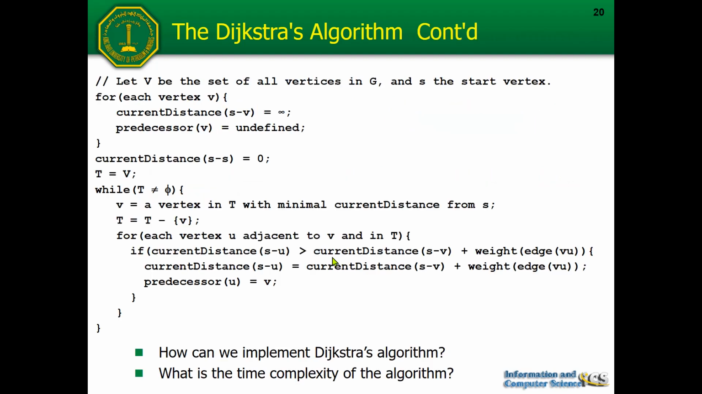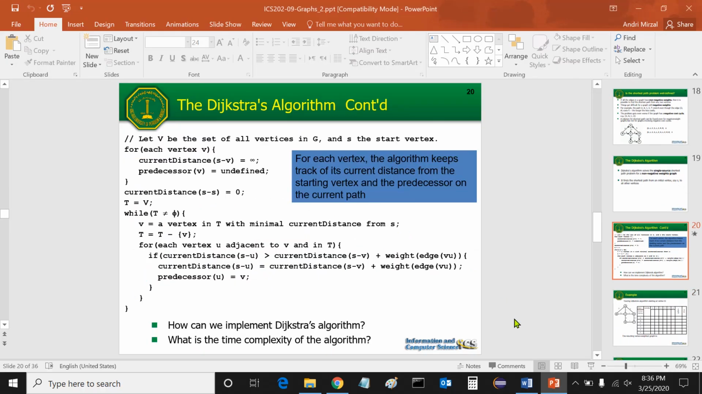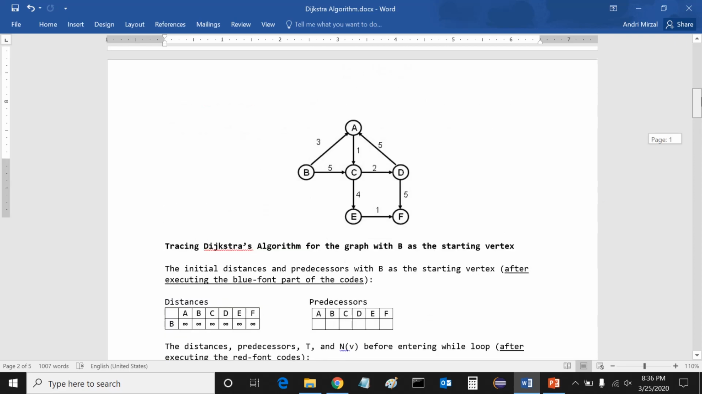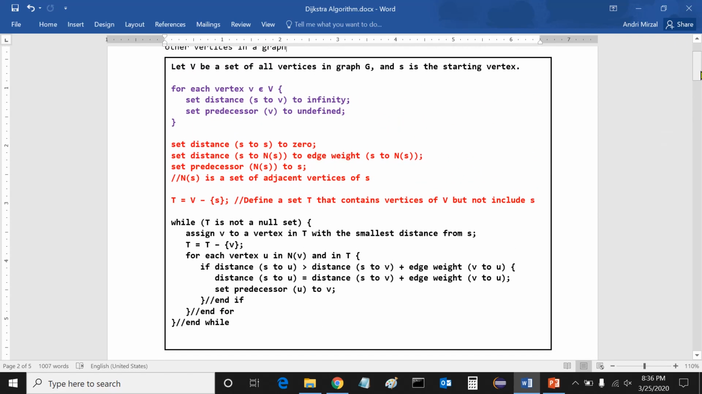This is the Dijkstra algorithm. The statement of the Dijkstra algorithm in your slide is not complete actually. Okay, I have written the complete version of the Dijkstra algorithm. So this one, wait a minute. This is the complete version of the Dijkstra algorithm to find the shortest path for the single source and in